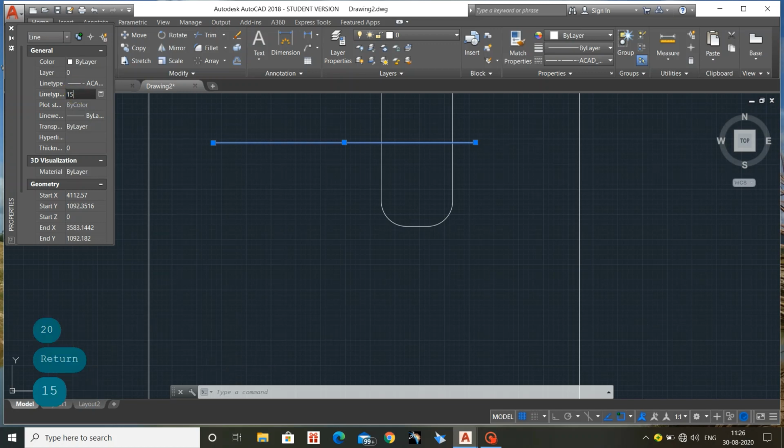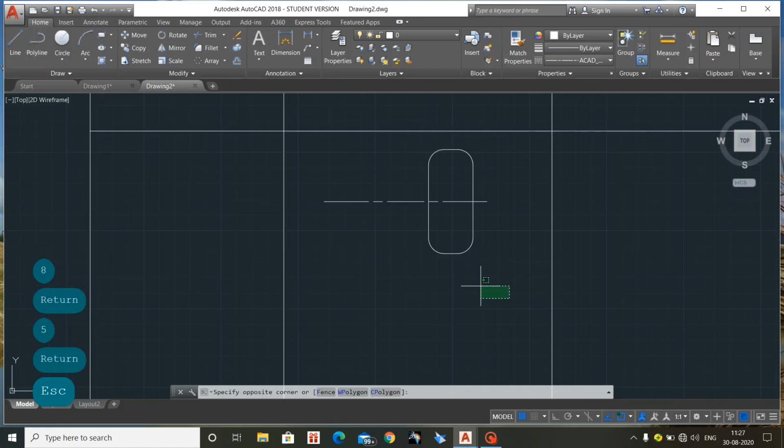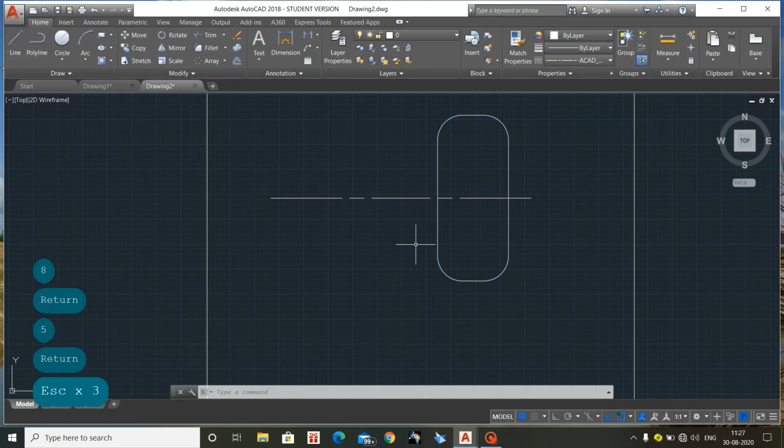So I am giving it 15. Still it's a line. So I will give 10. Yeah. So we can give up to 8.5. Okay, now the axis line is visible.